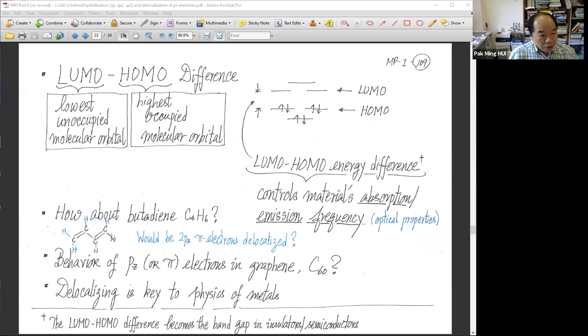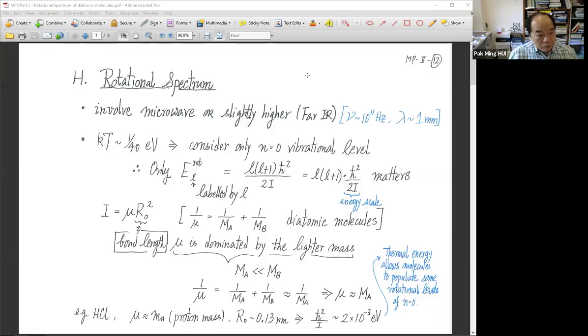So let me continue on with our discussion on molecular levels. So now we understand the full description has to do with 3 terms. Now for the moment, let's consider the situation where we are playing with a gas of molecules and in the microwave